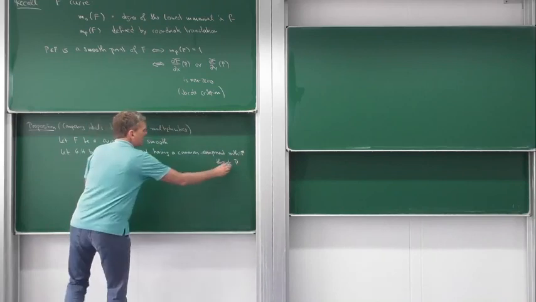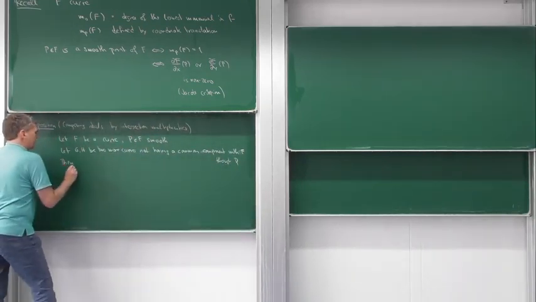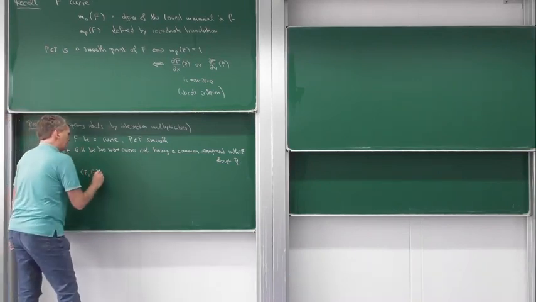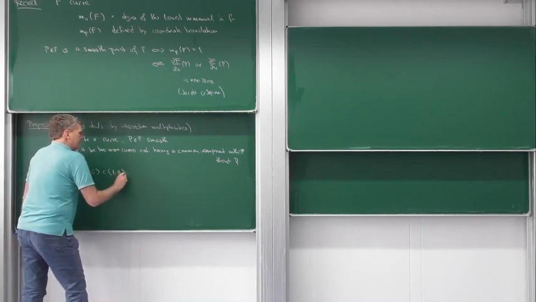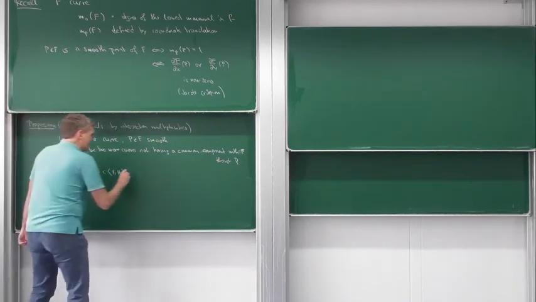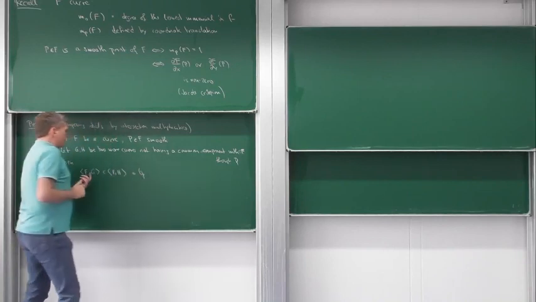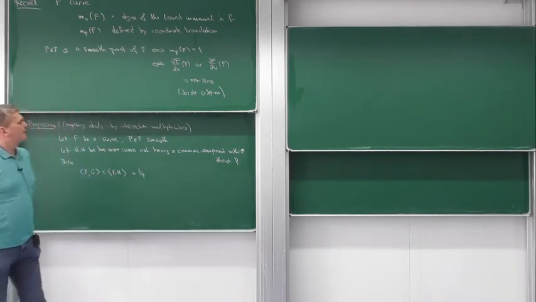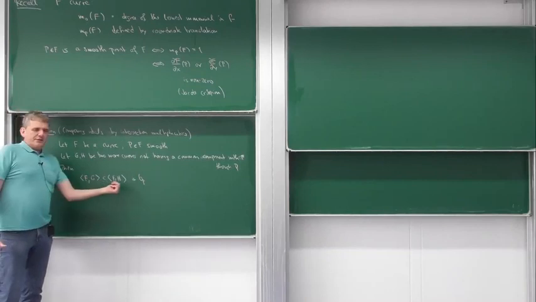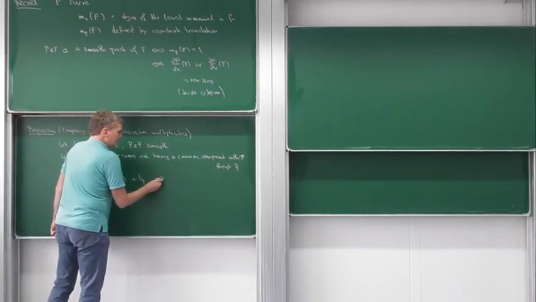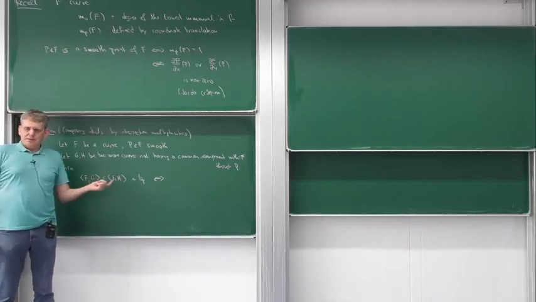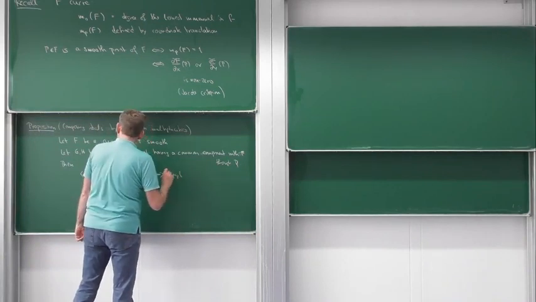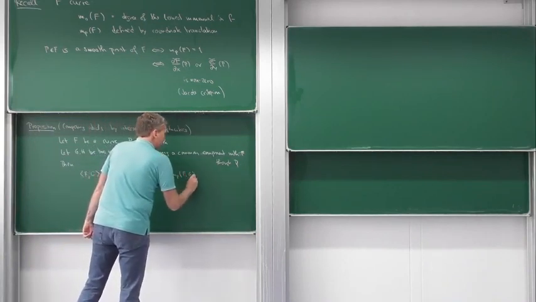So the statement is then that if you consider the ideal generated by f, the smooth curve, and one of the polynomials, and you compare it to the ideal with the same curve and the other polynomial in the local ring OP, then checking this containment of ideals would usually be hard. At least one would need an algorithm to do that. And in the case that f is smooth at this point, there's a very simple way to do this. Namely, we just have to compute the intersection multiplicity and compare that of the two curves. Namely, this is the case if and only if the intersection multiplicity mu p of fg is greater or equal to